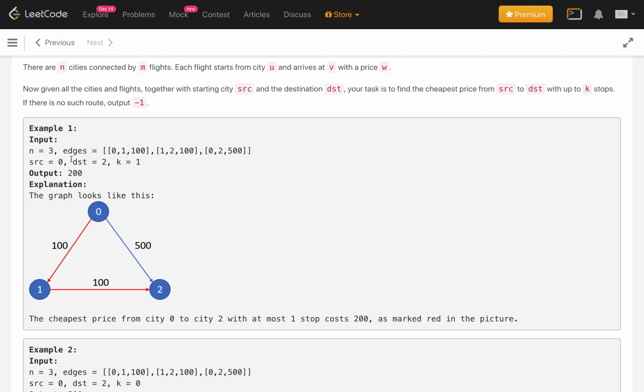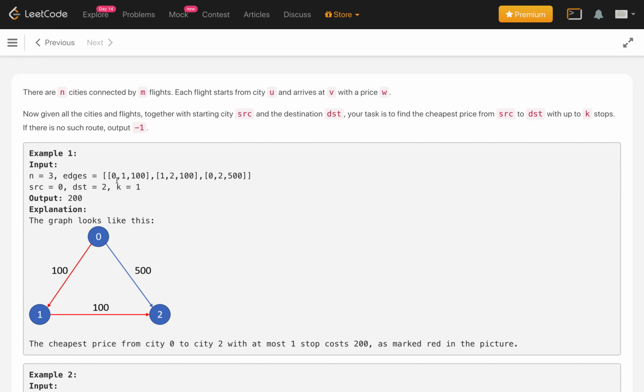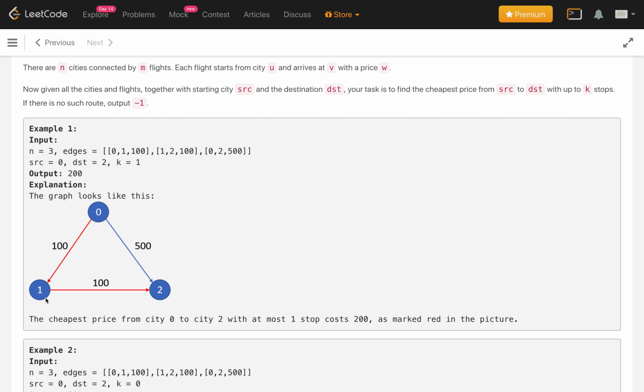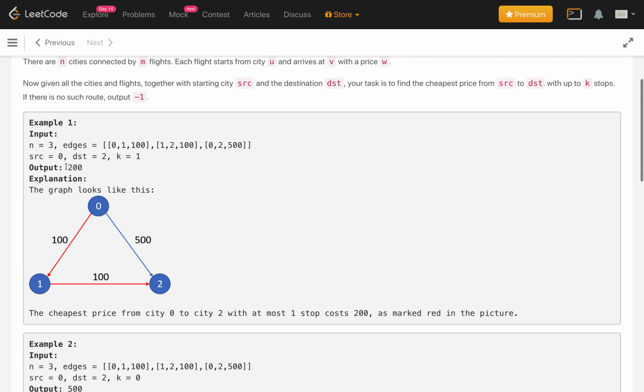So in example 1 we have 3 cities and 3 connecting flights: from city 0 to 1 at a price of 100. Another flight from city 0 to 2, which costs 500, and another connection from city 1 to city 2, which costs 100. Now we have to find the minimum cost to go from source city 0 to destination city 2